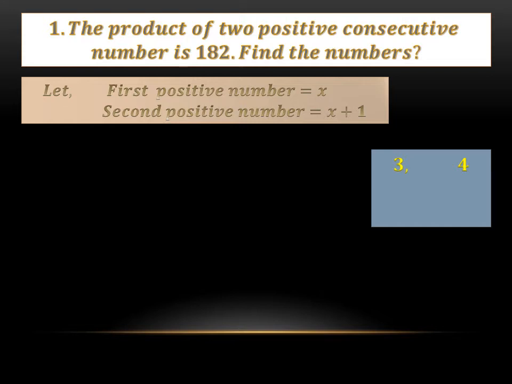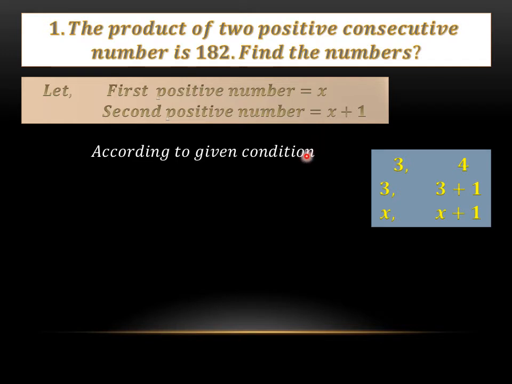If I say the first number is 3, the second number is 3 plus 1. If I write it in terms of 3, the first number is 3, the same, but the second number could be written as 3 plus 1. If I say the first number, that is 3, is x, if I replace this 3 with x, all the 3's will be replaced with x. So this will become x and x plus 1. It means if we consider the first number as x, the second number will be x plus 1, because consecutive numbers always come by adding 1 to the existing number. So the first positive number is x and the second positive number is x plus 1.